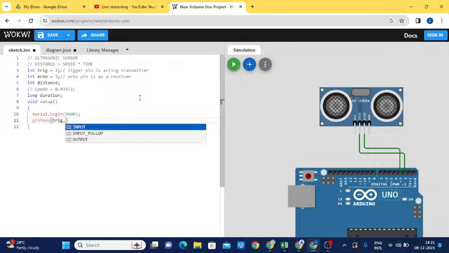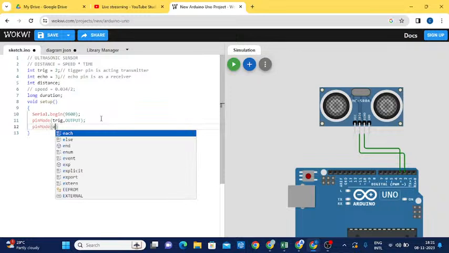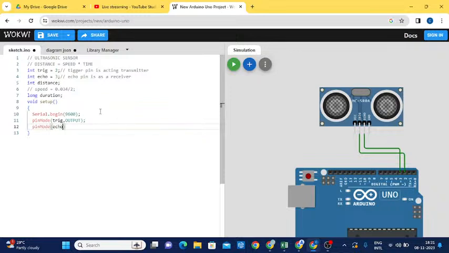Here the trigger pin is working as an output, so the syntax will be in capital letters, OUTPUT. So I have mentioned here the trigger pin is an output. After that, as usual, I'm going to mention here the pin mode. Because only two pins are available in this ultrasonic sensor, I have mentioned the working principle of the echo pin. The echo pin only receives the ultrasonic wave; it is acting as an input device. So we have to mention here that it is an input. After finishing this one,